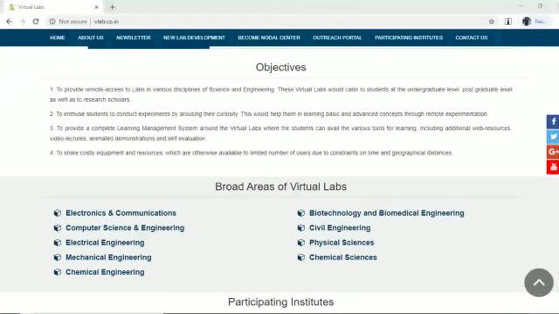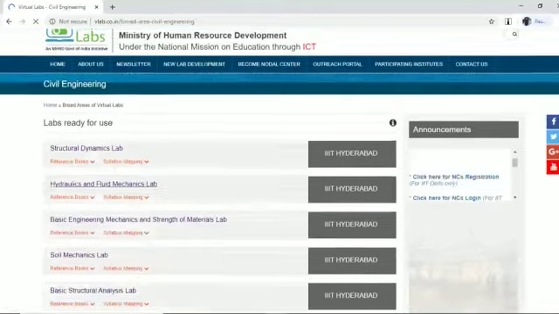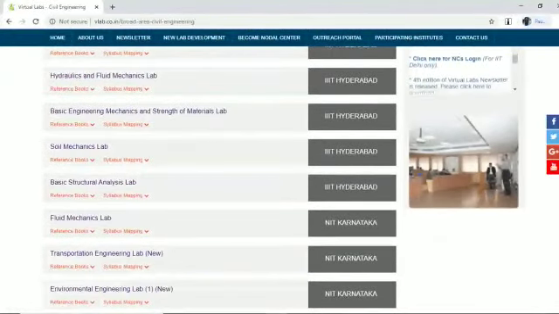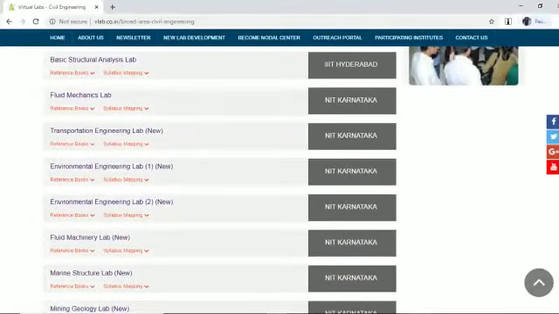In that you can select your department, and mine is civil engineering, so I'll get into this. There you can see many labs, and you select the lab you have to perform, and that is the environmental engineering lab.